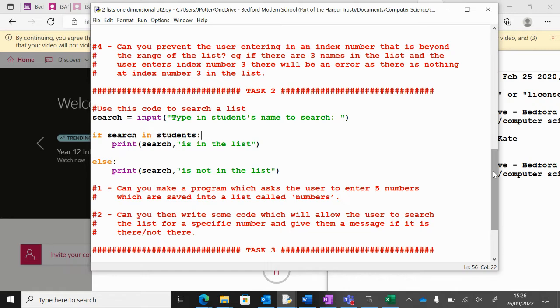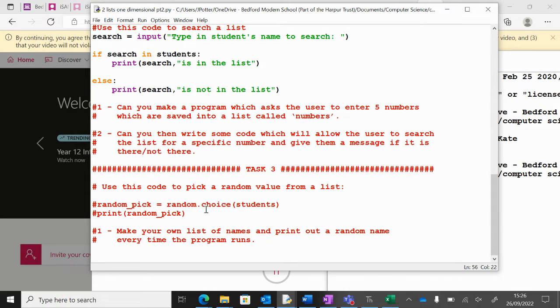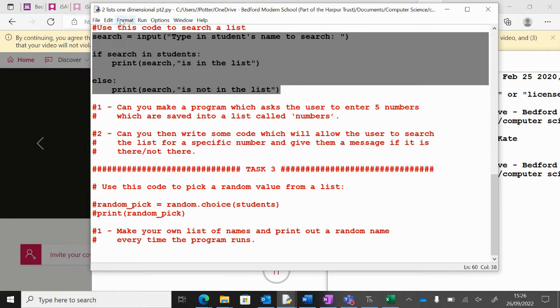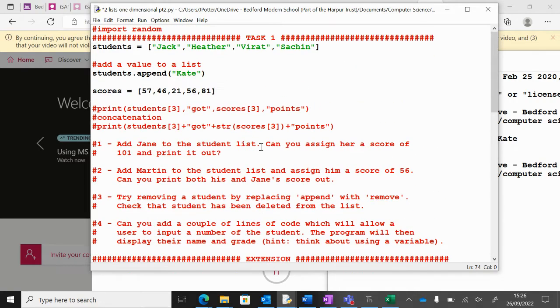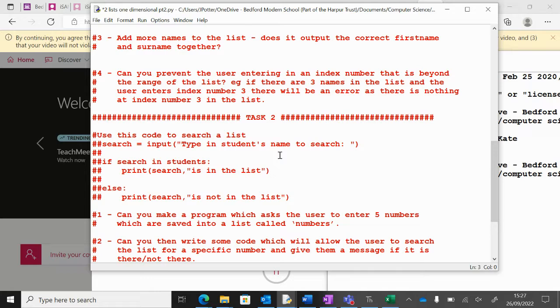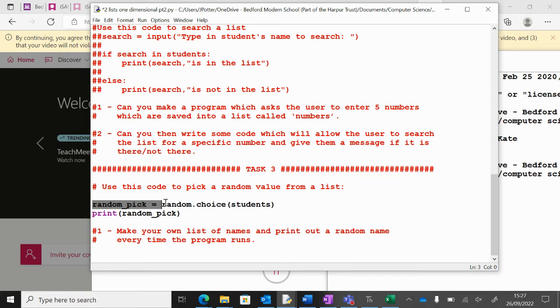Now, when you've done that task, for the final task here, I'm just going to comment this out so the computer ignores it. It is random picking. This is really helpful, a very good bit of code to use. We've got our list of students up here, and we're saying random pick, which is our variable name, is equal to random.choice students.